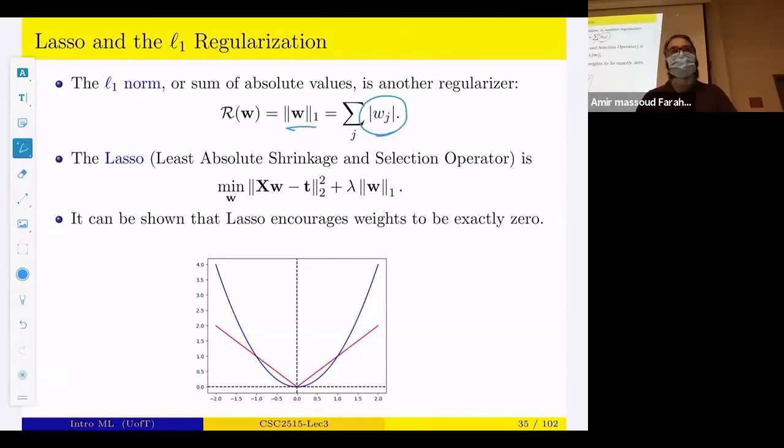If we do this in the context of regression, we get a method called least absolute shrinkage and selection operator, or lasso. The name doesn't say much about what the algorithm is, but it's enough to know that it's called lasso, which is the same as the previous case, but instead of L2 norm